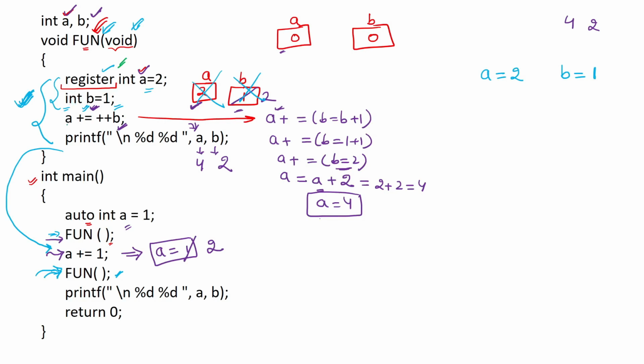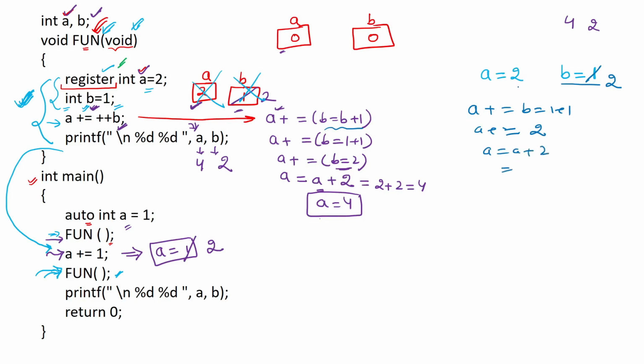Okay, now again we have to execute this line. So this is A plus equal to, and plus plus B mean increment the value of B. So what is the value of B? B is 1. So actually via this line, as we have done previously, what will be happening here? B will be like 1 plus 1, it will be 2. So it will be like 2. Okay, and B will be updated inside the memory also. And this will be A plus 2.